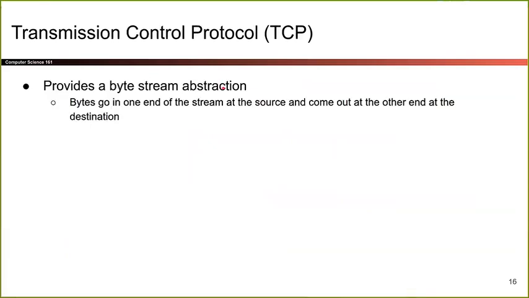So at all the lower layers, I had to think in terms of packets. My mindset was always, these are small packets that are flying across the internet one at a time. That was my lower layer perspective. But now that we're moving into higher layers, because of TCP, there's something called a byte stream abstraction. And what this means is, instead of thinking of messages as small packets of a certain size, I can think of messages being sent and received as one long stream of packets. So I no longer have to think in terms of small packets. I can think in terms of there's just one giant stream of things going in, and there's one giant stream of things coming out. And that's all I have to think of.